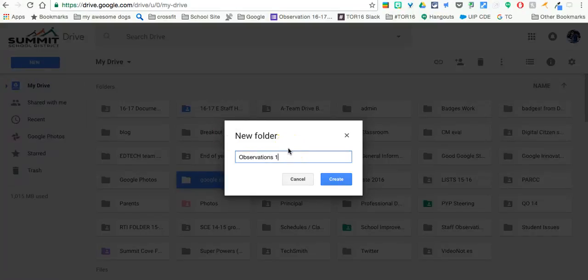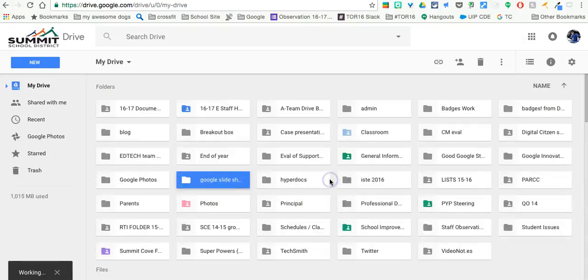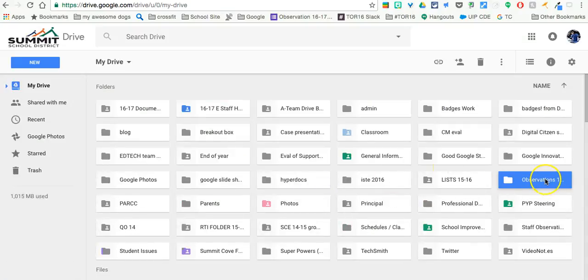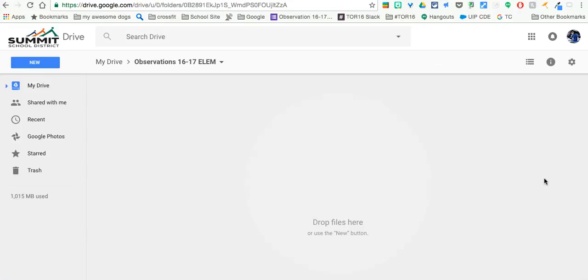I'll probably give it a label like 16, 17, and then you might want to call it your school. So I'll just say elementary. So now I've created this target folder. I'm going to open the target folder that I've created, and then what I want to do in here is